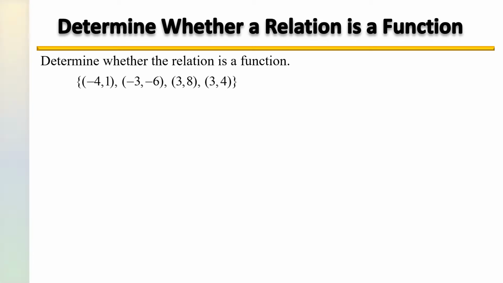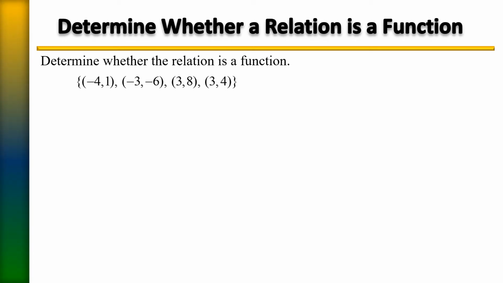In this example, we will determine whether a relation is a function. Recall a function is a relationship between the input and the output. And in a function, there is exactly one output, in other words, y value, for each input. So a function is a relation, again, in which each element of the domain is paired with exactly one element